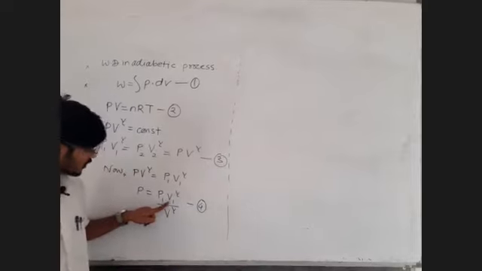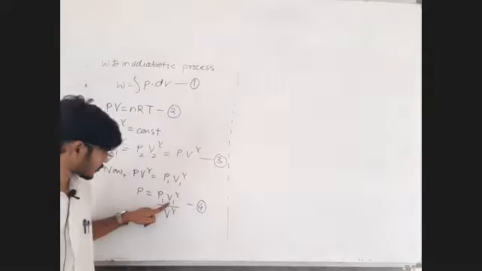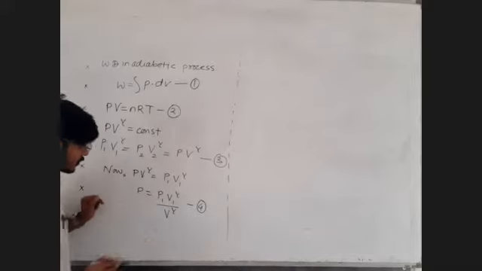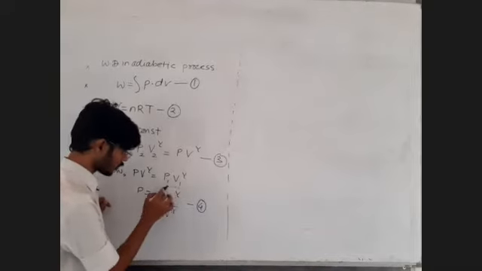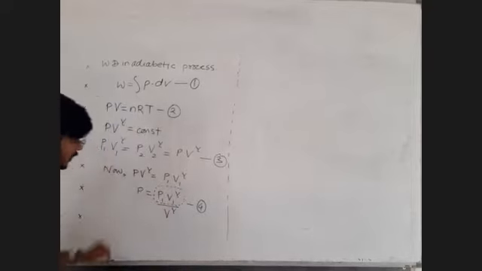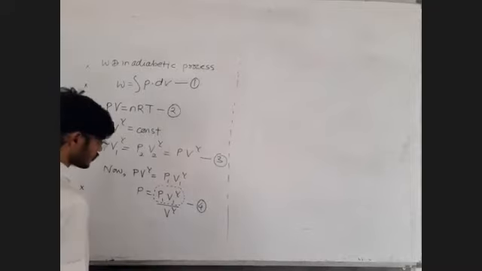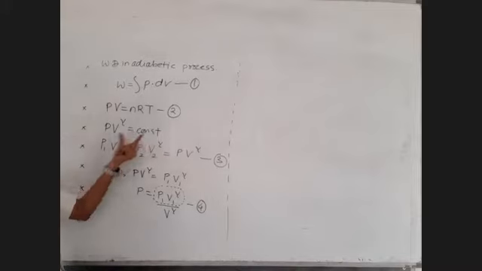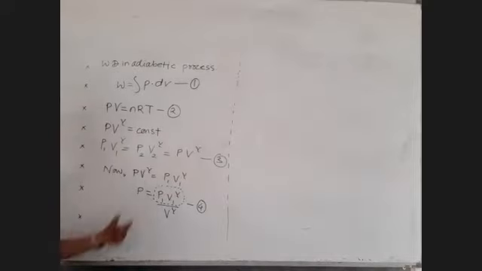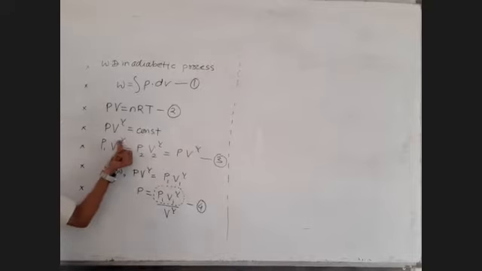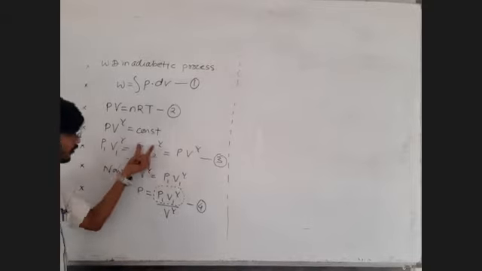So it is some constant number, constant value I should say. So this is ultimately going to be a constant. Yes sir, we know. So sir, PV raised to gamma that we talk about is equal to constant, and that constant is this, P1 V1 raised to gamma. This constant is this. Okay, if you know initial pressure and volume, you can find out this constant, P1 into V1 raised to gamma. If you know final pressure and final volume, you can find out this constant.